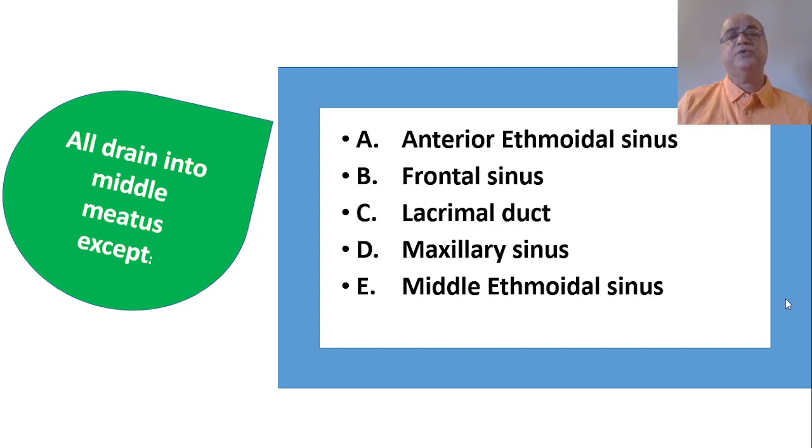So all drain into middle meatus except. Just look at the options: anterior ethmoidal, frontal sinus, maxillary sinus, middle ethmoid, all those are the anterior group of paranasal sinuses, but the lacrimal duct is not included in the anterior group. So the odd one here is the lacrimal duct, and that is the answer. The rest are sinuses included in the anterior group of paranasal sinuses, and as we just discussed, the anterior group drains into the middle meatus, while the nasolacrimal duct opens into,